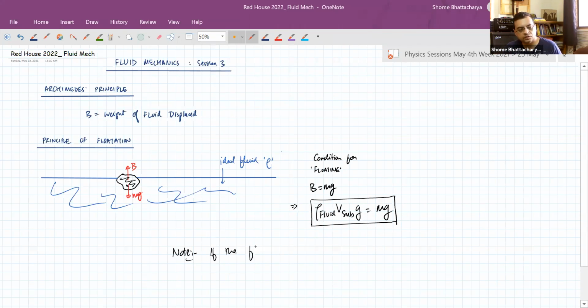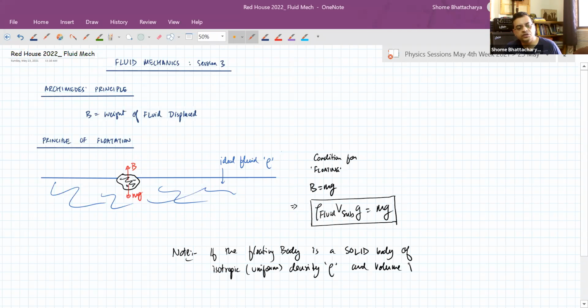So if the floating body is a solid body of isotropic or uniform density, say rho, and volume V, we can write the mass of the object as the uniform density into the volume. So then we get the relation that buoyant force equals mg will further imply